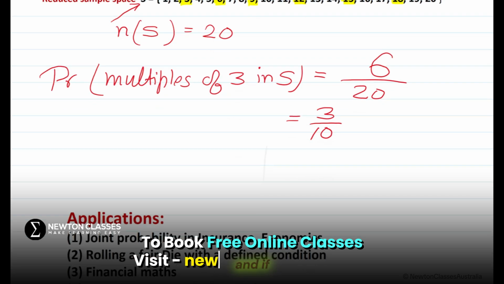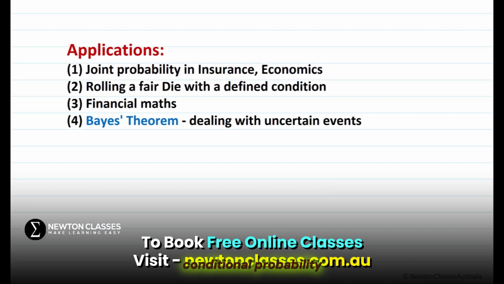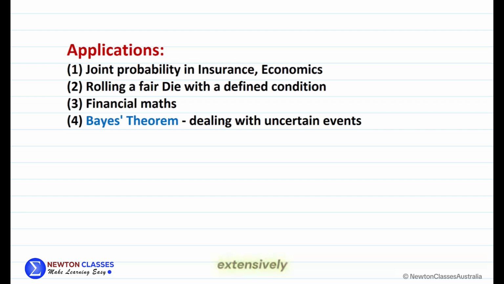It's pretty simple. And if you want to learn more about conditional probability, the applications where it is used extensively are in insurance and economics, where we use joint conditional probabilities. For example, we use conditional probability in different financial methods. We also use it in some questions where there's a die with a defined condition, for example, chances of getting a given number. And it is extensively used in Bayes theorem, which deals with uncertain events. For example, stock markets crashing randomly or some events happening without any